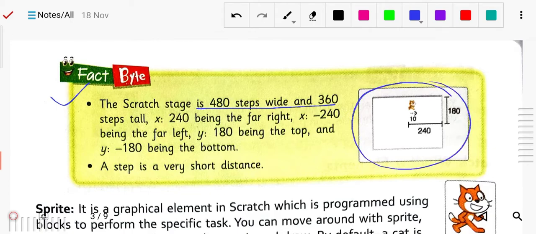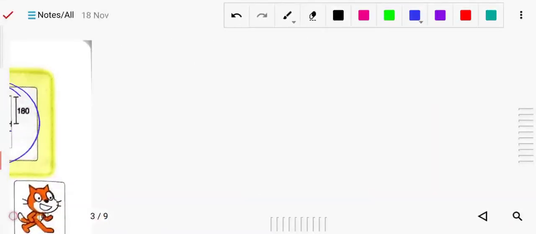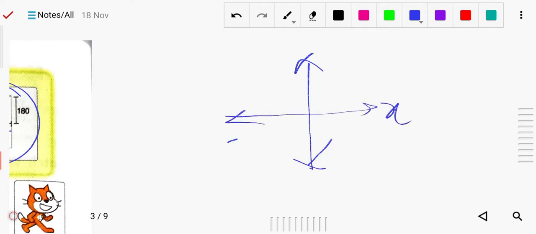That is 480 wide and 360 tall, and it is divided in x coordinate 240 on this side and minus 240 on this side, and the height is 180 and minus 180. As I told you, the coordinate is divided like this: this is x, this is minus x, here is y, here is minus y.